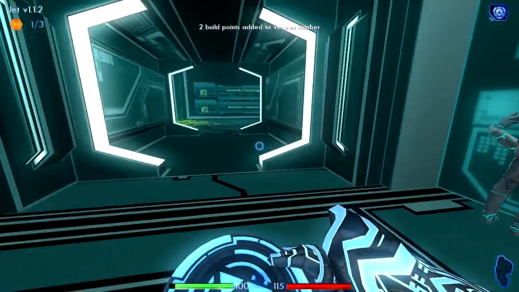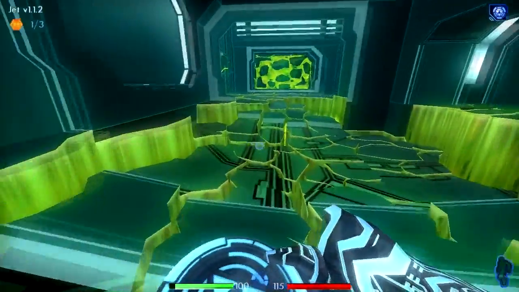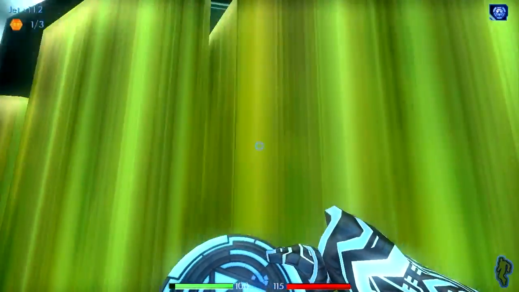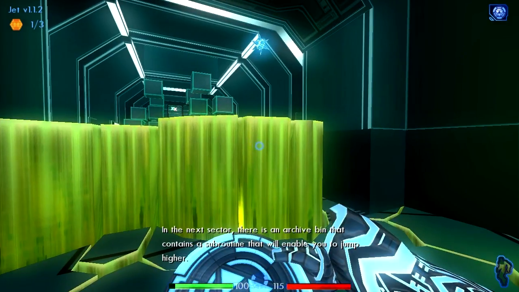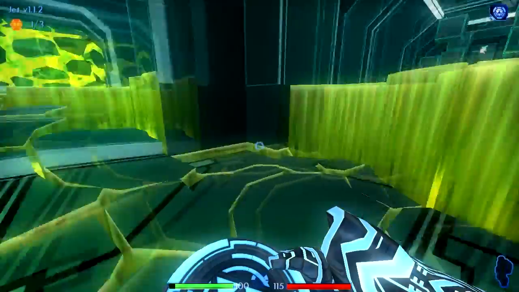And we've gone to version 1.1.2. 2 build points at it. The only way out is up through here. Can't reach it. In the next sector, there is an archive bin that contains a subroutine that will enable you to jump higher. This way, user. So,